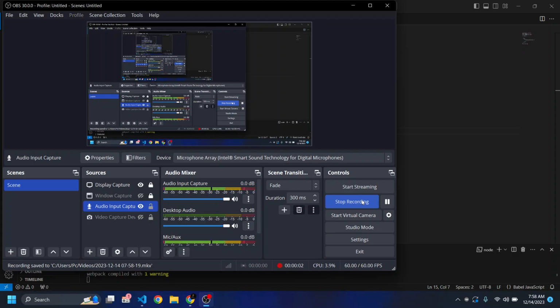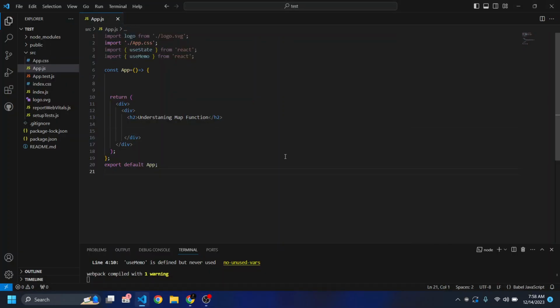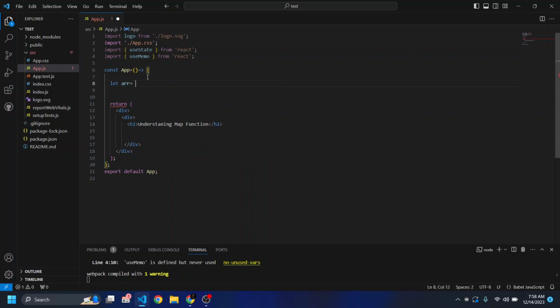Let's discuss map in React. So, what is map? Map is nothing, just rendering or displaying an array in React.js, and it comes with two arguments. Let's just say here that let arr is equal to